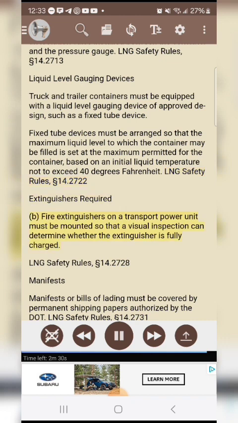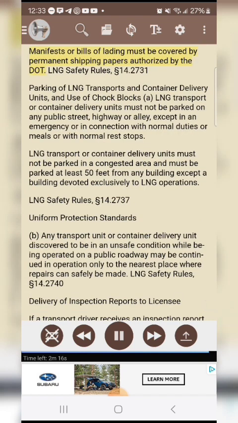Extinguishers required. Fire extinguishers on a transport power unit must be mounted so that a visual inspection can determine whether the extinguisher is fully charged. LNG Safety Rules, Section 14.2728. Manifests. Manifests or bills of lading must be covered by permanent shipping papers authorized by the DOT. LNG Safety Rules,